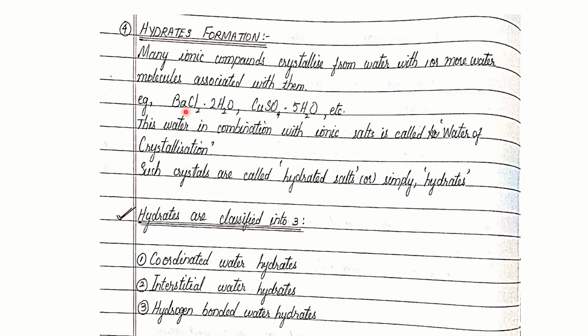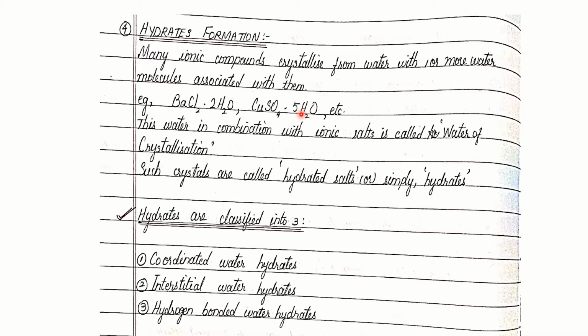Okay, examples of hydrates are barium chloride dihydrate, copper sulfate pentahydrate, and so on. You can see that in barium chloride dihydrate, two water molecules are associated with the ionic compound in its crystal structure. Now, in copper sulfate pentahydrate, 5 water molecules are associated with the copper sulfate's crystal structure. So this water in combination with ionic salts is called water of crystallization, and such crystals are called hydrated salts